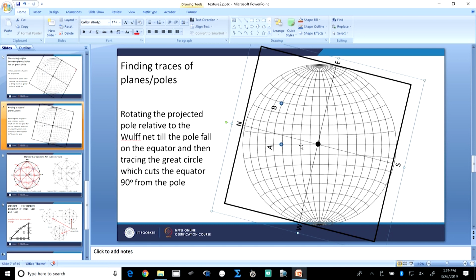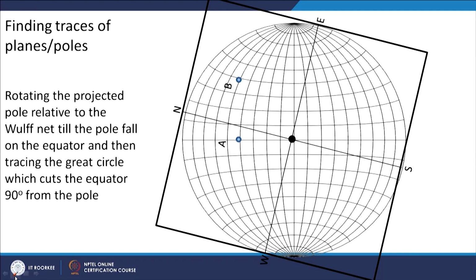So, it will be 10, 20, 30, 40, 50, 60, 70, 80 and 90, and the 90 I will plot the trace. To plot the trace I will go back to the slideshow. I will choose the pen here and then I will count 10, 20, 30, 40, 50, 60, 70, 80 and 90, and whichever great circle is coming at 90, that is my trace. That I am tracing here.